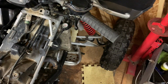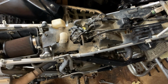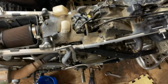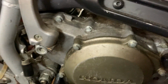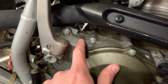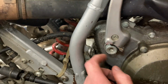So everything's kind of tight in the shed right now, so it's kind of hard for me to get any more footage other than to just give you a brief overview. But I'll have some other videos later on, just kind of showing me work on this, or maybe even starting it. I will give you a preview. One of the things that I do need to do is I need to get this outer case half off, this piece here where the kick lever goes through,